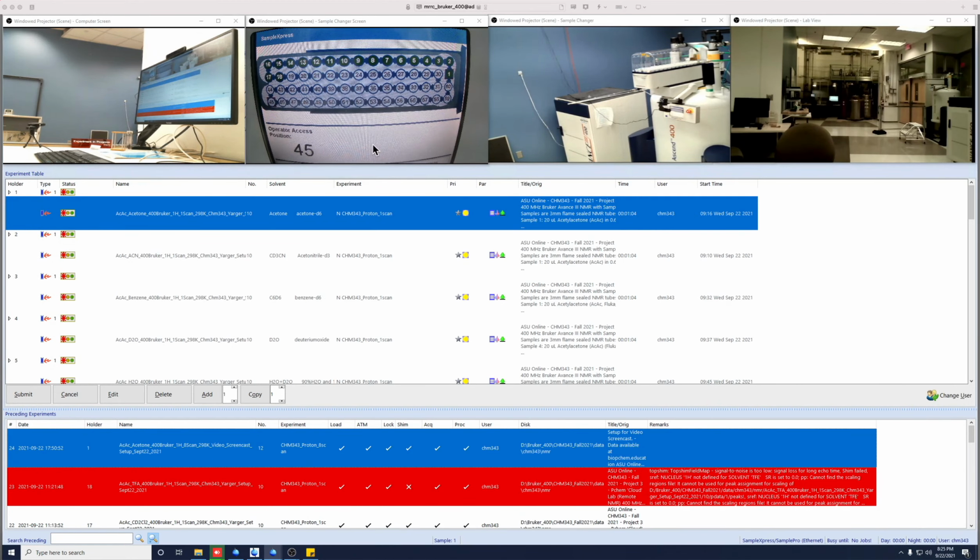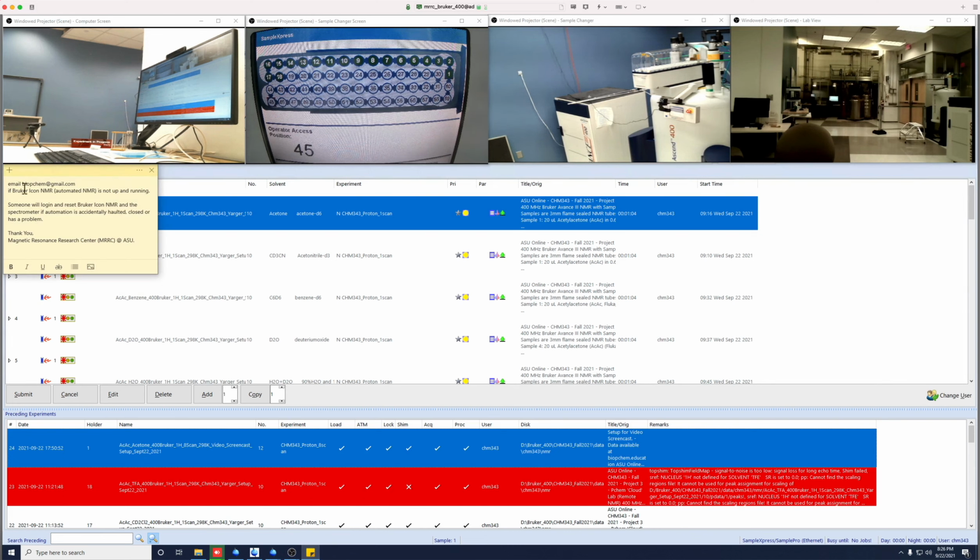So jumping right in, this is already logged in with my AnyDesk client to the Magnetic Resonance Research Center Bruker 400 NMR. This is the AnyDesk alias, and the password is given to ASU Online remote students or people sending in samples for remote research. If you need the password for this, you can contact the Magnetic Resonance Research Center at Arizona State University,